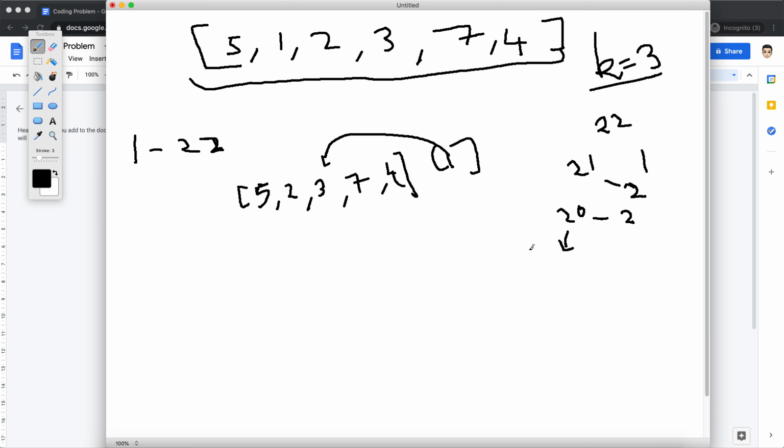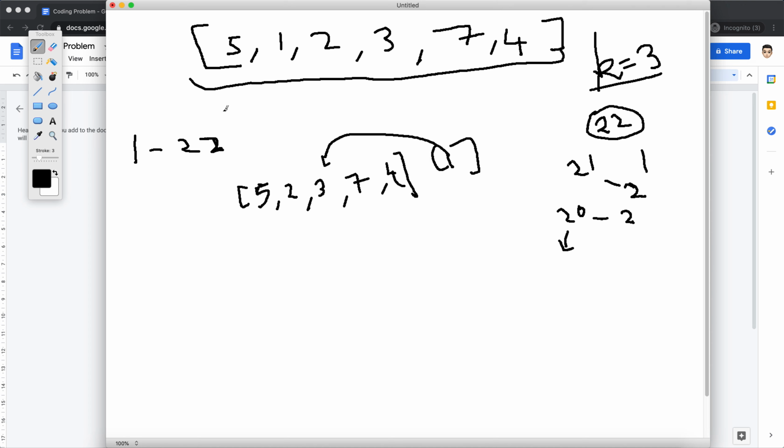As soon as I reach some value where the partitions have increased beyond 3, the previous value is my final answer, right? So basically at each iteration I'm just keeping a sum, and when that sum is reached, I check how many partitions I can create to reach that sum.